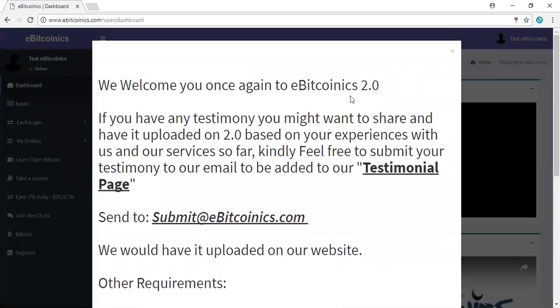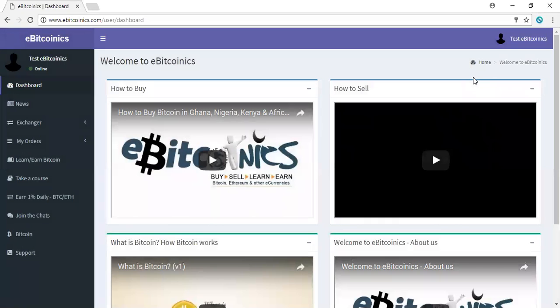We welcome you to eBitcoin. Yes, thank you for welcoming us. This login update, whenever there is any important information, we need to communicate to all our members or subscribers or customers. This is where you'll be seeing that information. So you always make sure you are reading it. Then after logging in, this is basically